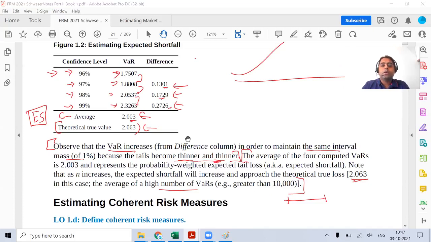Sanjana, answering your query, theoretical value means, see, right now I have only 4 data points in the tail. I have only 4 data points. Might be because the number of data points which I've taken for the calculation is very small, say 100 or 200. But if I keep on increasing, there'll be more data points in the tail. So when I try to take the average of that, my answer is going to be closer to this 2.063. N over here, yes, N represents the iteration. Jinesh, N represents your iteration, which is 10,000.